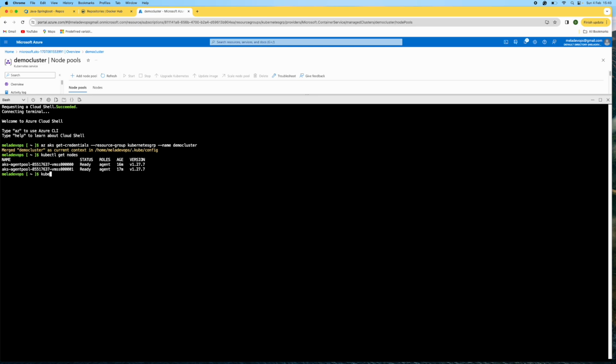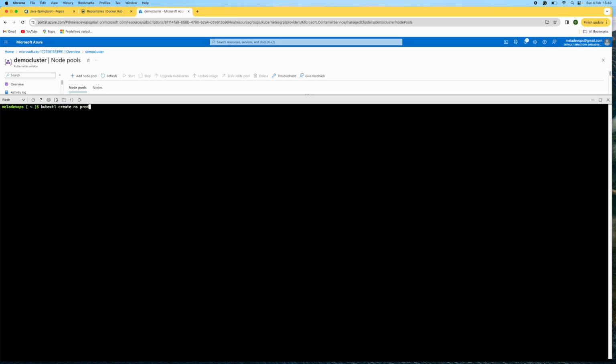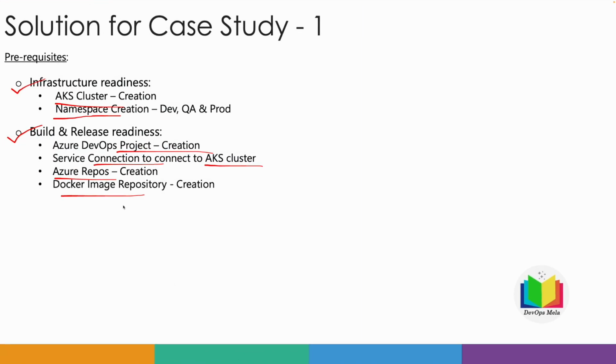Let me see what namespaces are available right now: kubectl get namespace. Then let me quickly create namespaces dev, prod, and I believe the third one was QA. So we do have three namespaces created: dev, prod and QA. Perfect. From the prerequisites, we have the cluster created, we have the namespaces created,